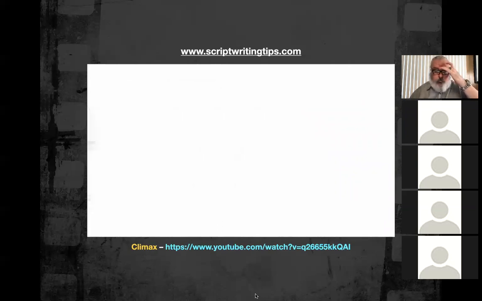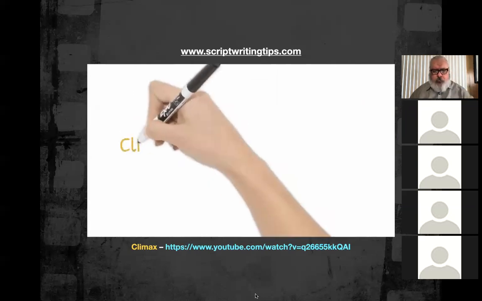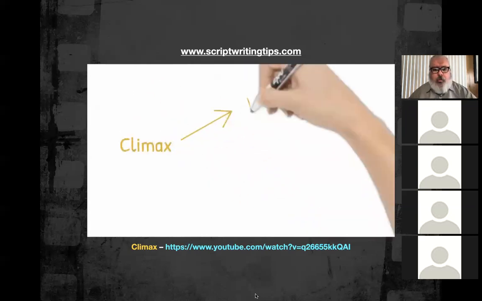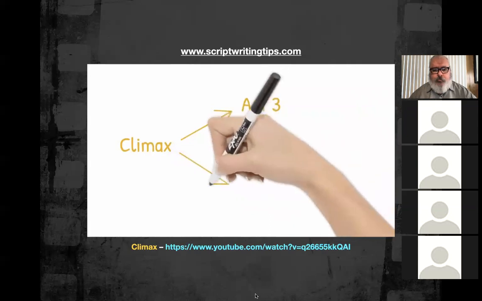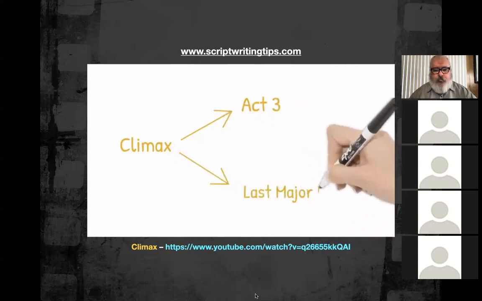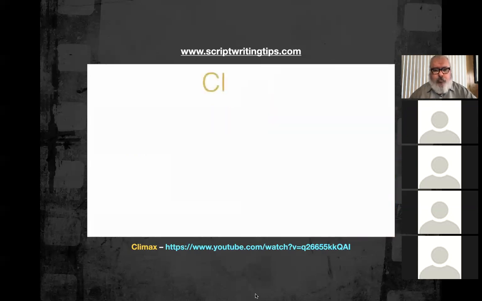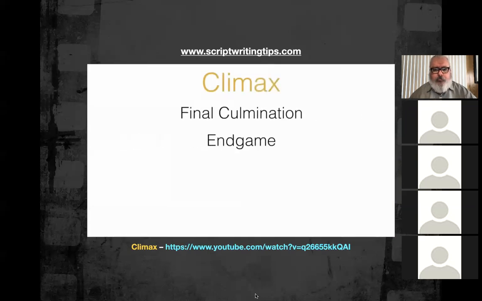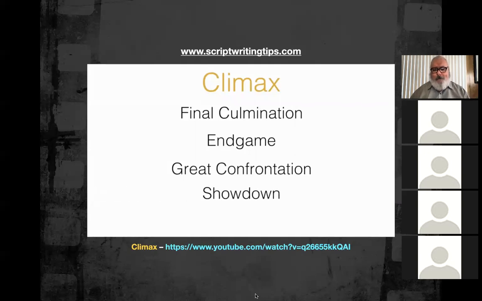And that's the climax in your story. The climax takes place in Act 3, and it's the last major thing that happens in your story. The climax is also called the final culmination, the end game, the great confrontation, the showdown, or the big fight, which is the term I also prefer.